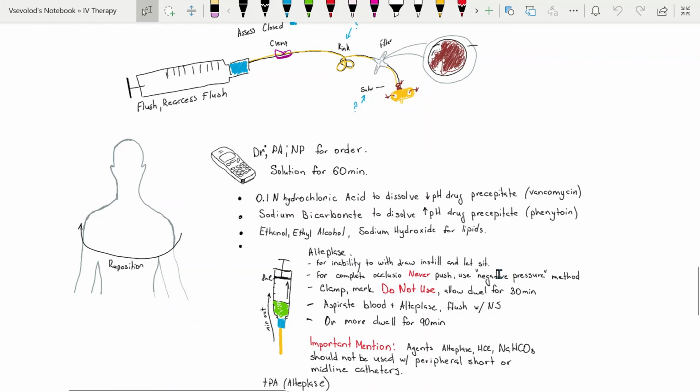Then for complete occlusion, never push the alteplase directly right away into the central vascular device. So unclamp the central vascular device, and while holding the syringe vertically, gently aspirate until the plunger reaches the 8 milliliter mark, then slowly